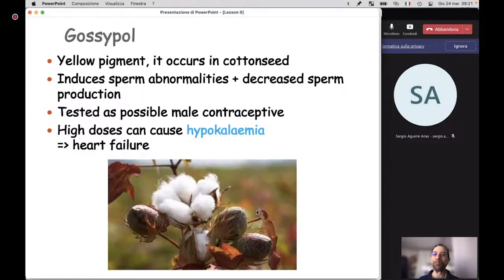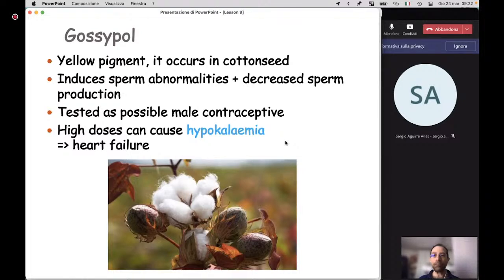Okay. Gossypol is contained in cotton seed, so the main source of problems can be cottonseed oil. It can cause an important hypokalemia, which is very dangerous. It can be fatal, since hypokalemia can lead to heart